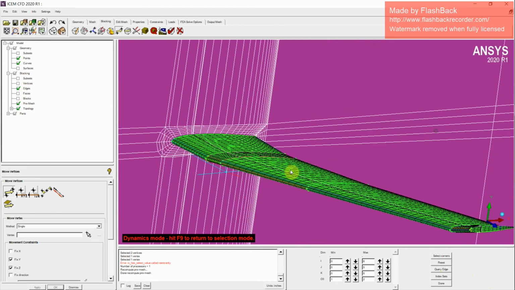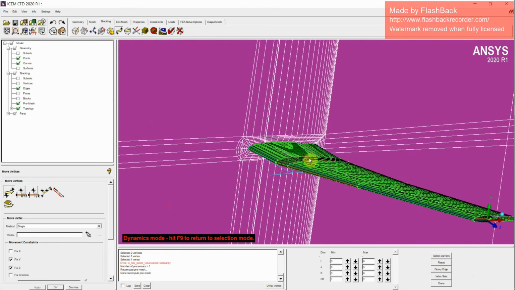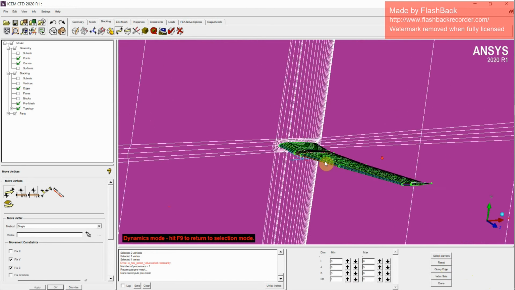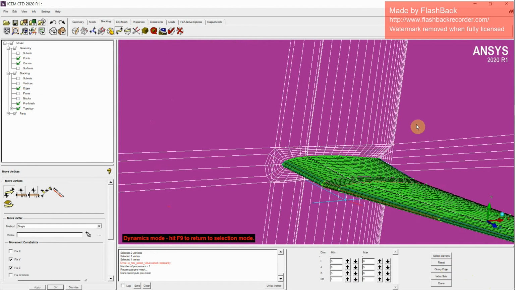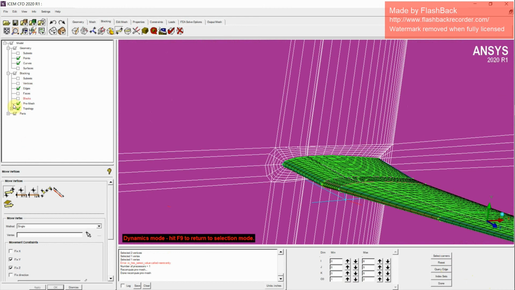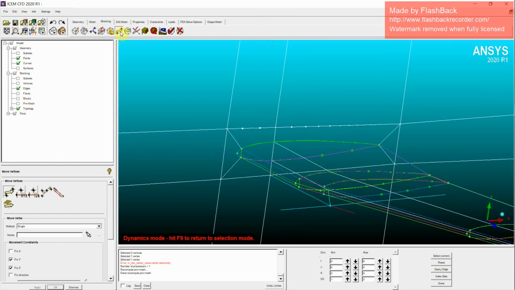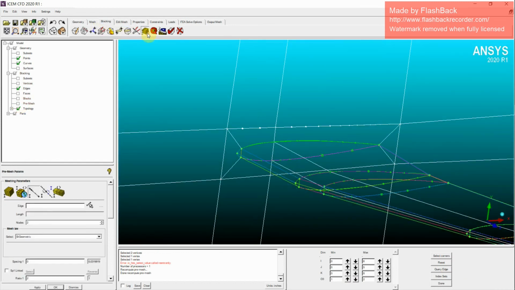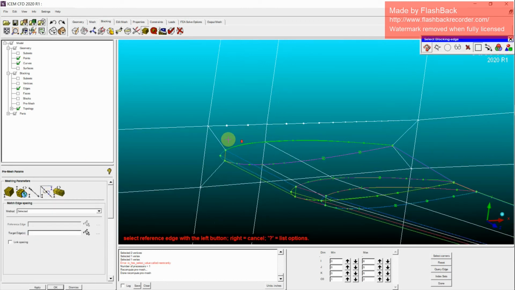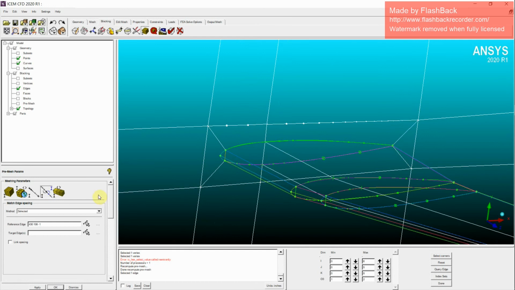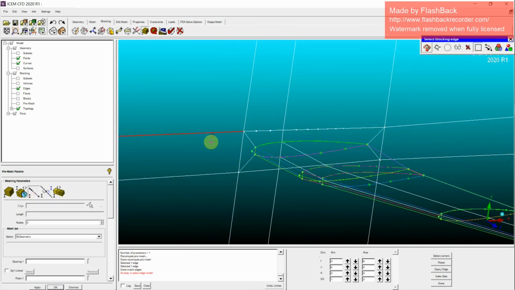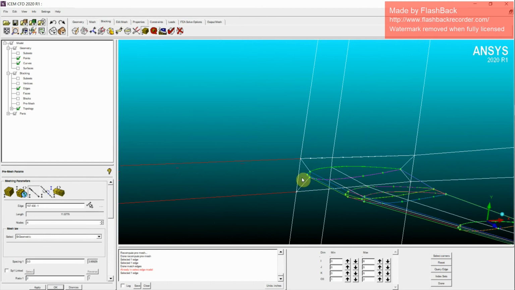Our next process will be to link our outer edges with respect to our O-Grid, so as to improve our volume mesh. For that, we can go to pre-mesh parameters, and there is a link match edge option. This edge can be matched to this edge, and we can select that edge now. So this is linked with this edge.